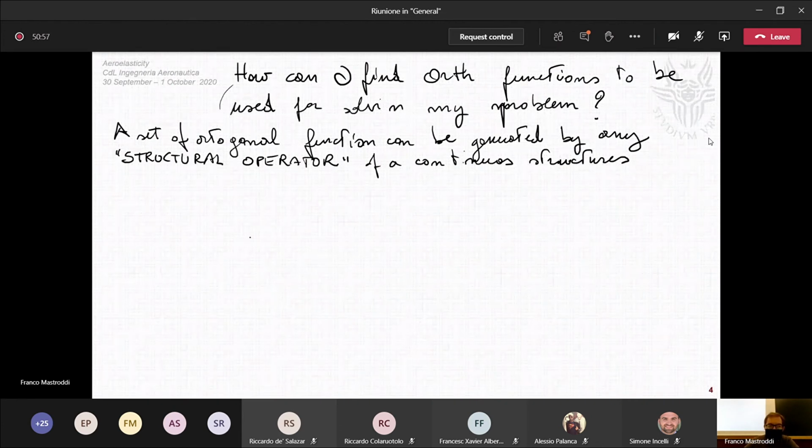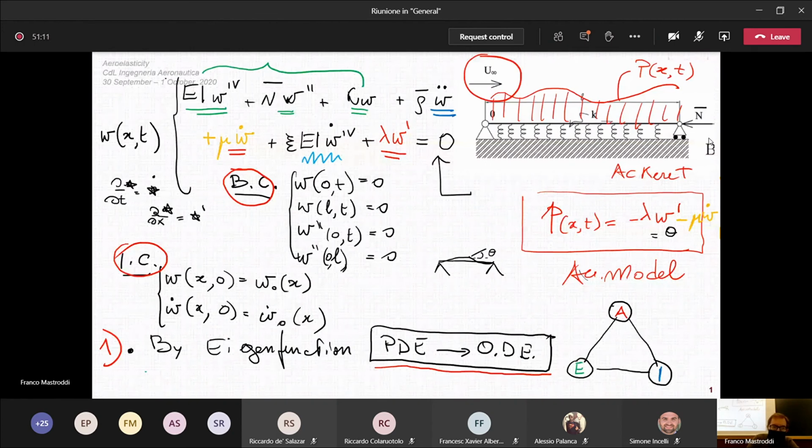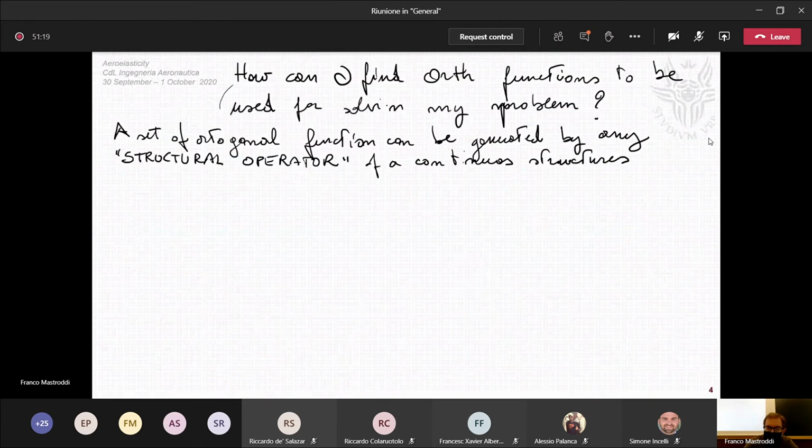Examples, some continuous structure, our beam undergone to a flow. We have the equation of our beam, which is the following. I could copy this, but it's this equation here. And if you consider the equation, the first part of the equation, EI W fourth derivative plus N bar W second derivative plus KW, plus the other part. This part here